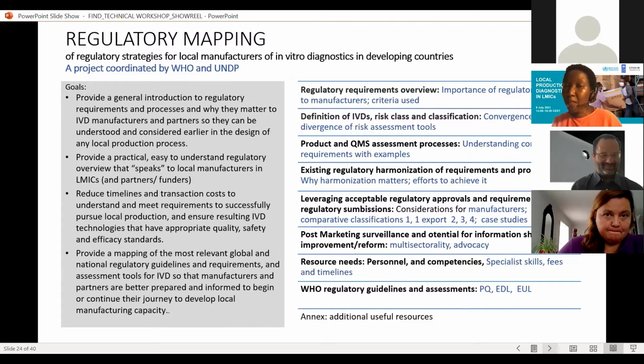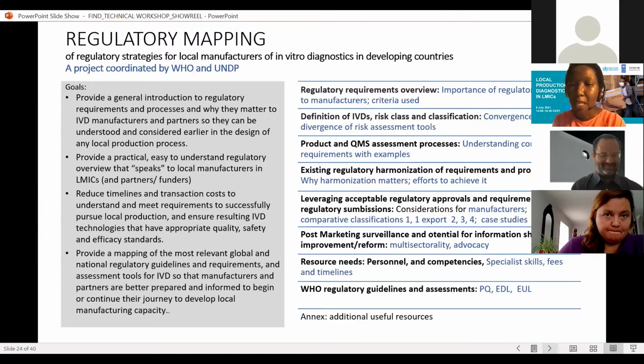So the regulatory mapping that's underway is coordinated by WHO and UNDP. And the goal of it is to provide an introduction to the regulatory requirements and processes, to explain to manufacturers who may not previously have been engaged in this area or may not have been aware of the importance of regulation, and to do this as early as possible in the process of manufacture and to integrate regulators as early as possible into the process of manufacture so that the design processes, the local production processes are actually in line with best practice. We're trying very much to do this as speaking to manufacturers in LMICs and their partners